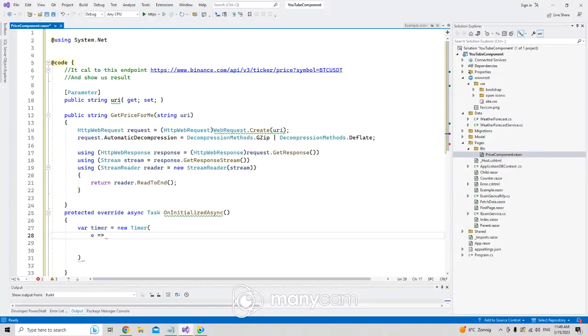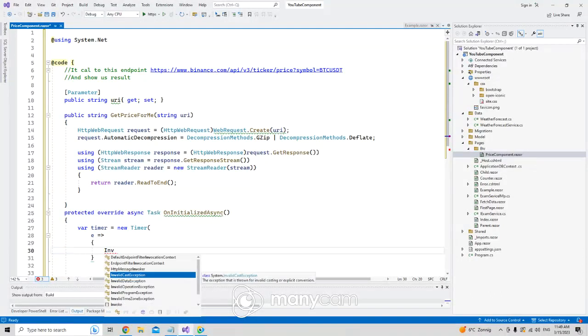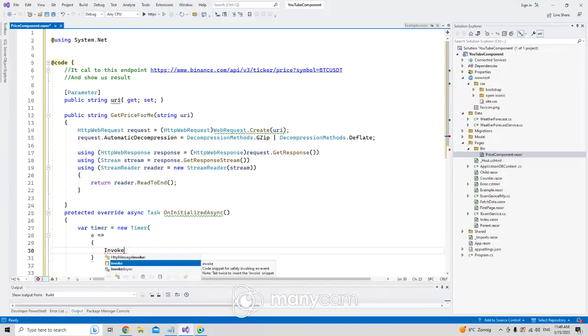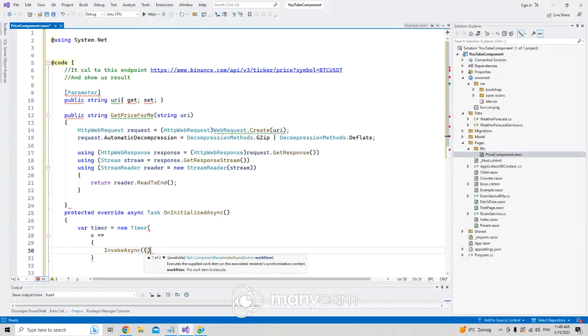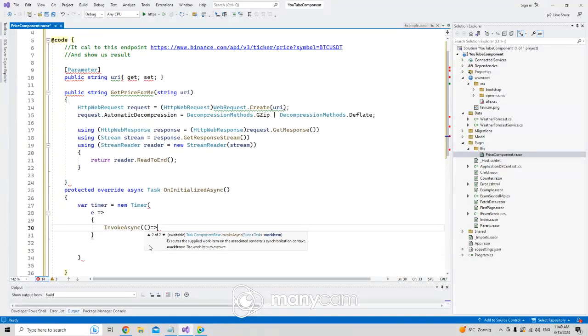I want to say go for lambda and then say invoke async, that's like this, do one. Okay, here. And what's the meaning of this? Because we want to say, hey page, you just have to refresh, we want to see the latest prices. Okay, in this case,